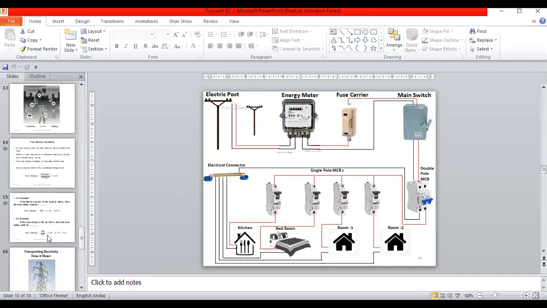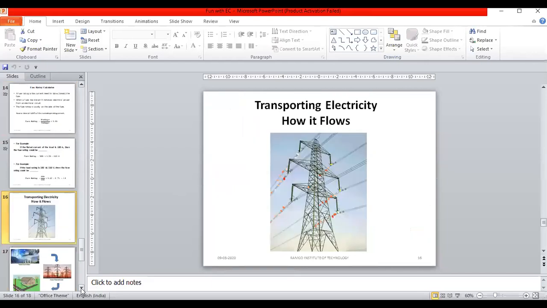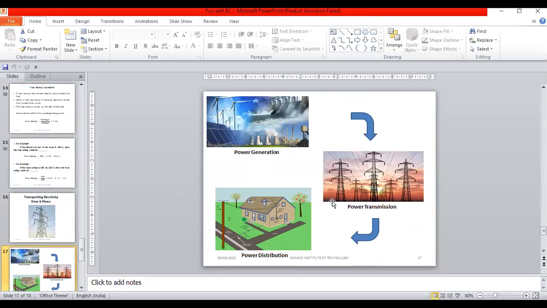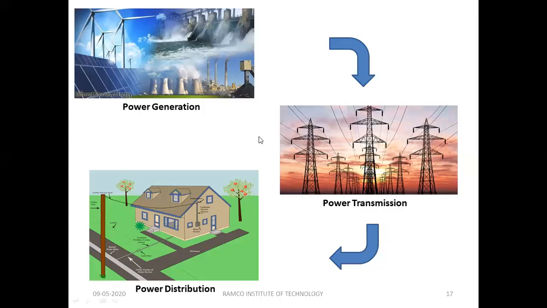Power generation. We have so many sources of generating power. From hydro we are generating power, from thermal, from atomic energy, from wind, from solar. So many sources are there, some conventional, some non-conventional. The concept behind it is that we use a generator, and when we apply mechanical input, the generator starts producing power.